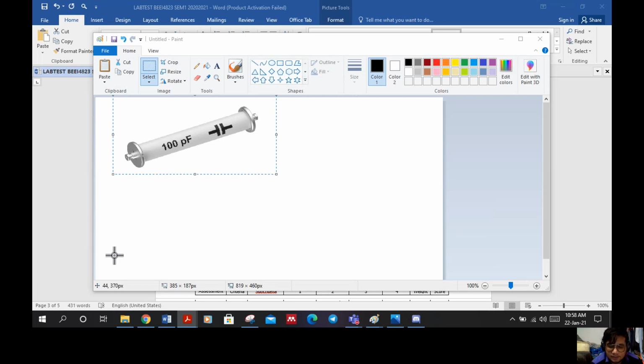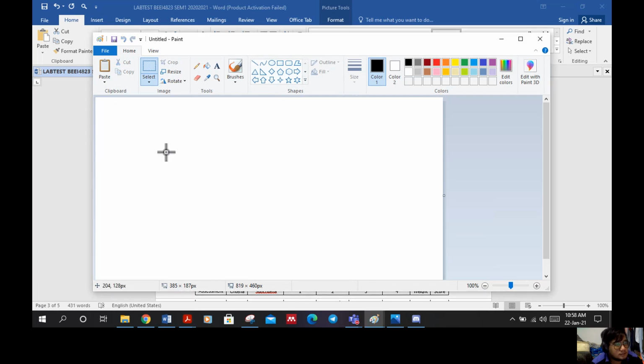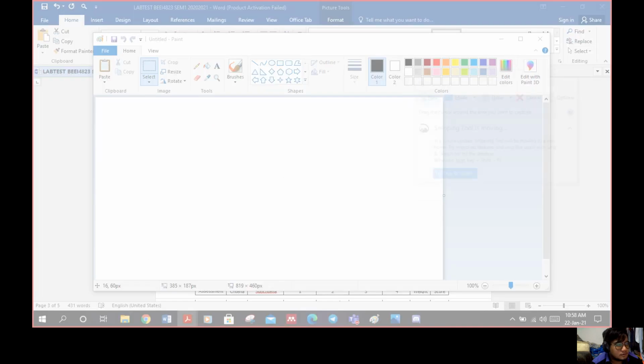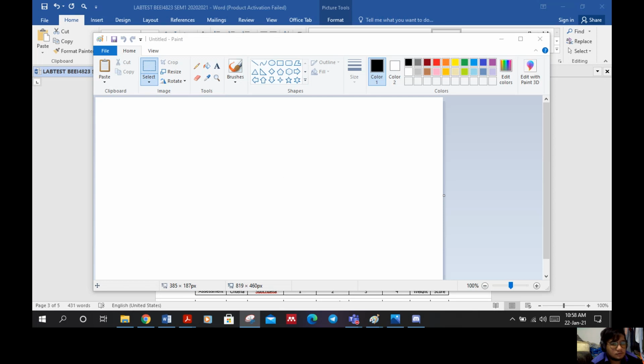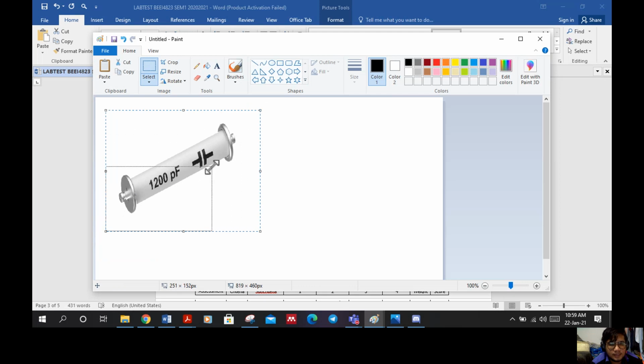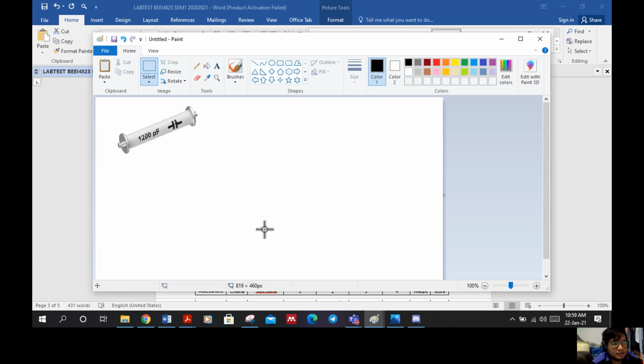So for the schematic diagram, sorry, this is the resistor, and this is the capacitor. So the capacitor schematic diagram is